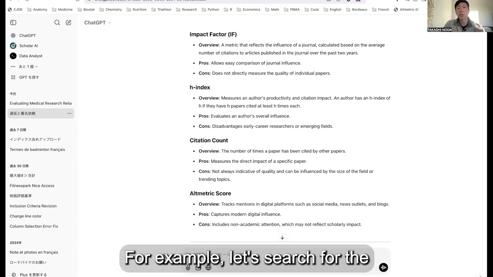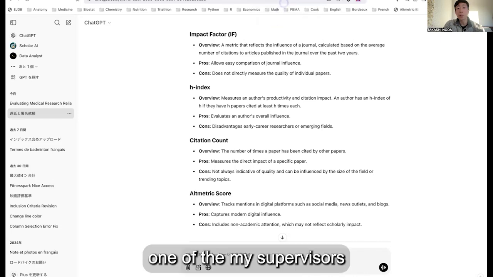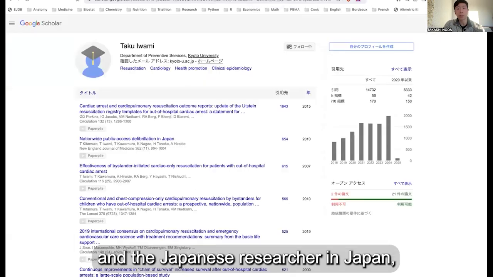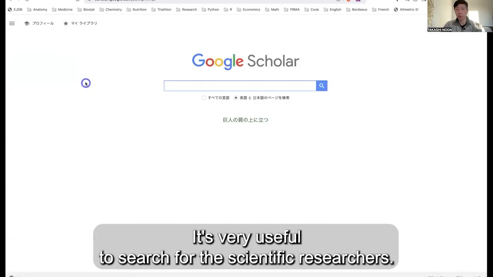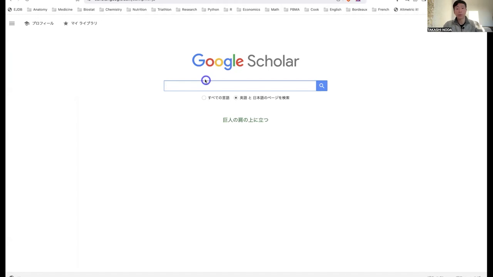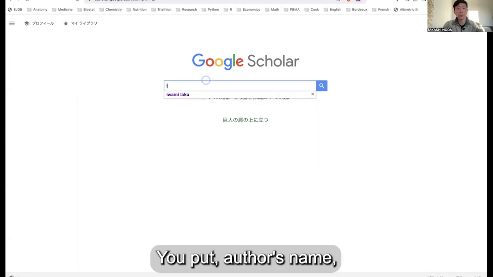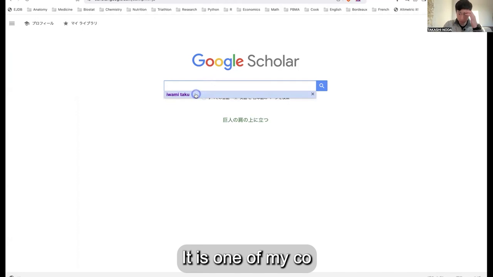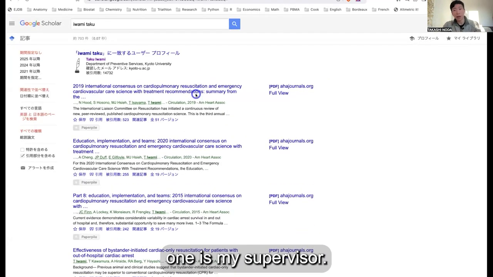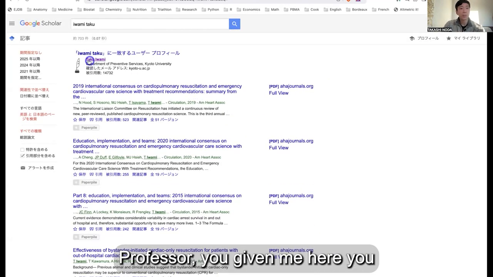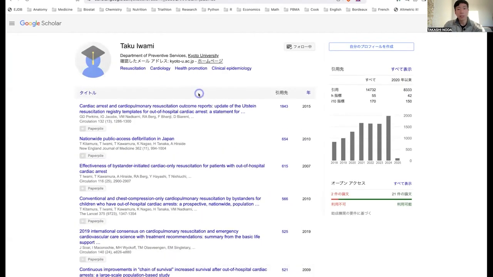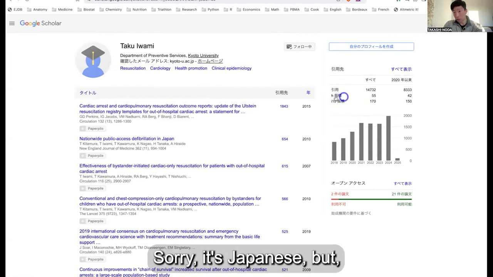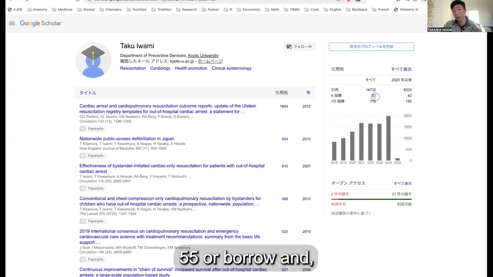For example, let's search for one of my supervisors, a Japanese researcher in Japan. Do you know Google Scholar? Do you use Google Scholar? It's very useful for searching scientific literature. You put in the author's name, Taku Iwami, who is my supervisor, Professor Taku Iwami. Here you find Taku Iwami, and here, sorry, it's in Japanese, but it says that the H index is 55 overall,